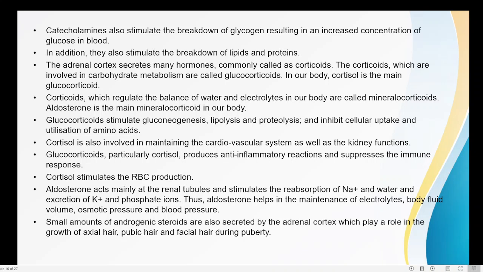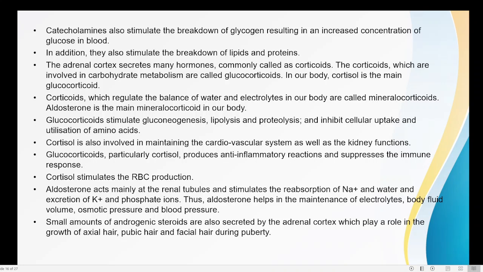Then cortisol, that is the glucocorticoid, is also involved in maintaining the cardiovascular system as well as kidney function. So it has a lot of other functions also, maintaining the heart and functioning of the aorta, etc. They are playing an important role. Glucocorticoid also produces anti-inflammatory reaction and suppresses immune response. That is another function of the glucocorticoid. Cortisol will be stimulating the breakdown of RBC. So along with its main function of glucose metabolism, it also plays some function with the heart as well as the RBC production,